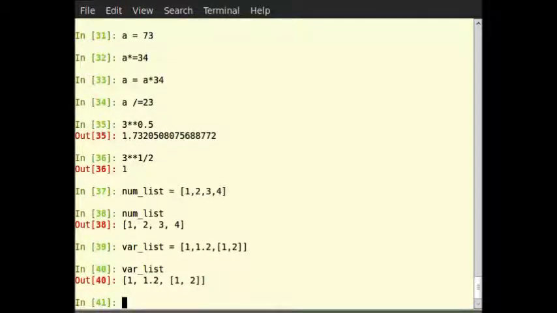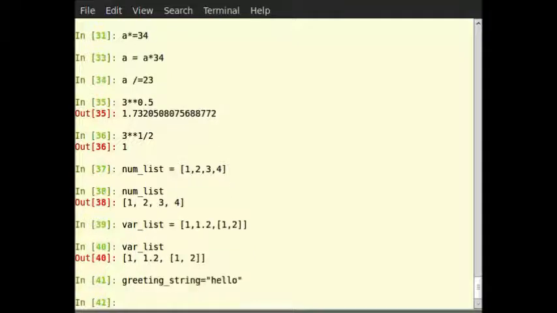Let's look at another sequence data type, strings. So you can type greeting underscore string is equal to within double quotes hello. Greeting underscore string is now a string variable with the value hello.